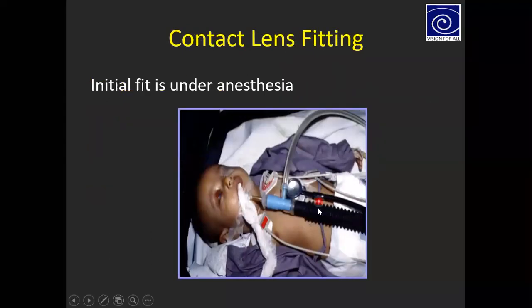Normally, after cataract surgery, the child has to go for a post-op examination, and sometimes there are sutures that the surgeon has to remove. So at that time they plan the suture removal. Of course, when they do that suture removal or any eye examination after surgery, they do it under anesthesia. So you plan your contact lens trial in a way that in the same visit where they are doing the eye examination under anesthesia, you also perform your contact lens trial.